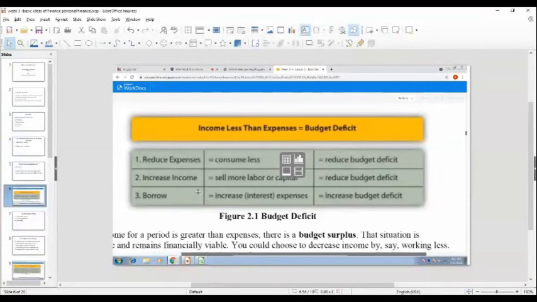Increase income, that means you are going to sell more of your labor, or you can have an investment that can earn interest or income. Like what? If you want, you can have your tutorial after office hours, or you can maintain books of accounts. And for that, there is an increased income, and that will reduce your deficit.